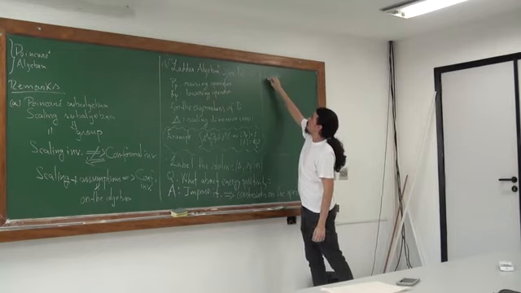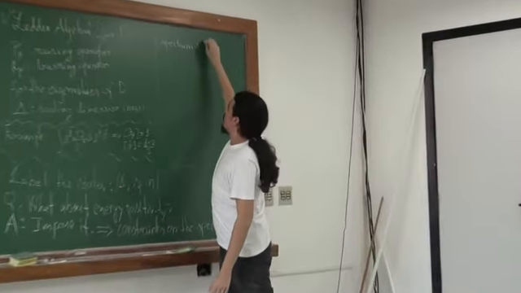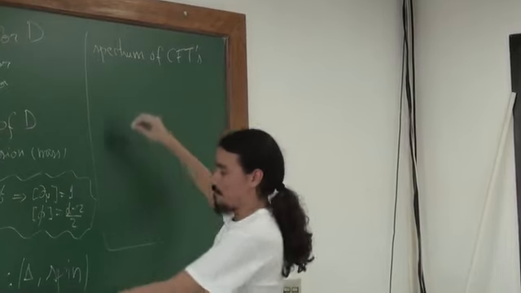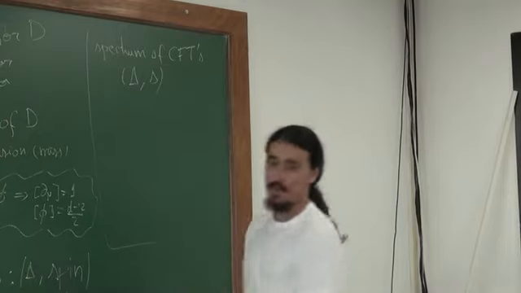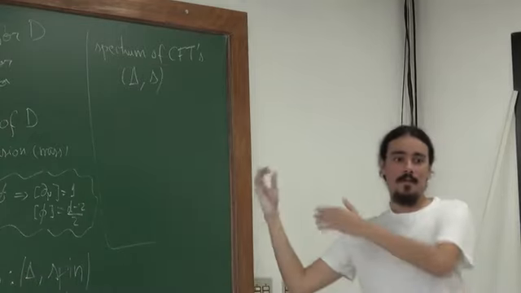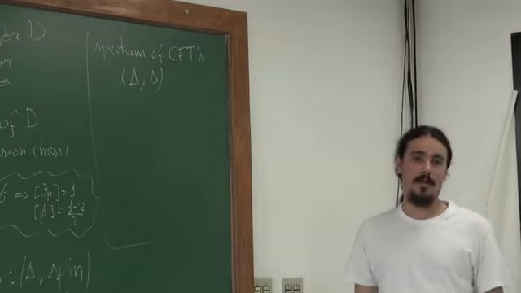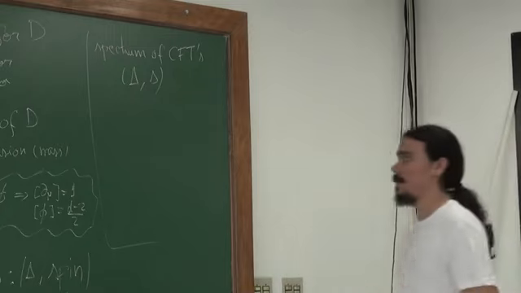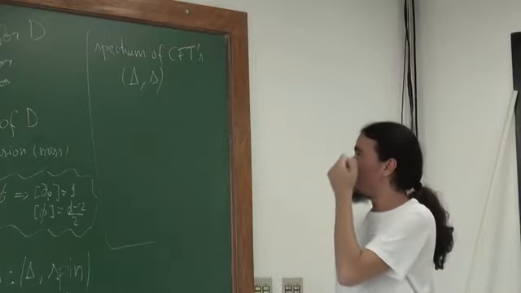In CFTs, when we talk about the spectrum of CFTs, we mean this guy here, okay? We mean the scaling dimension and the spin, okay? We do not mean the mass, the inertial mass of the states, okay? Simply because you're not quantizing the momentum operators, okay? It's just a change of language compared to standard quantum field theory. And usually,